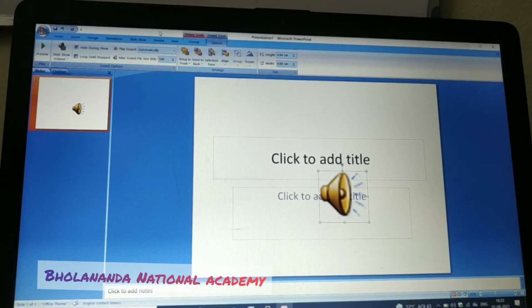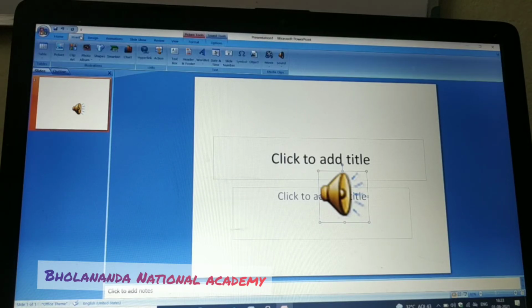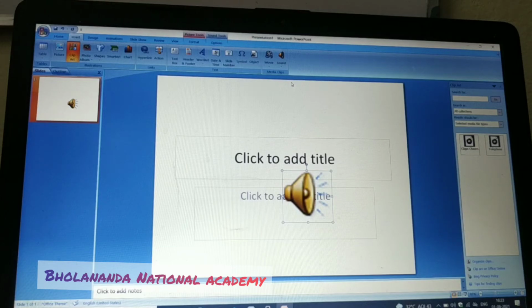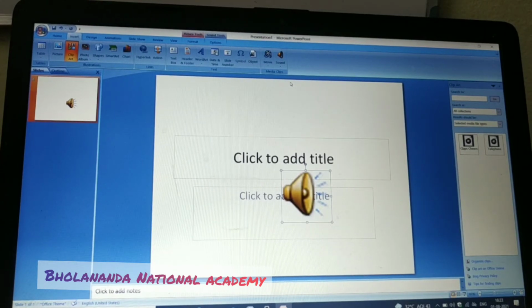Now the next one: in the sound file you can add sound from the clip organizer option. In this clip organizer there are many clip art audios built into your computer.